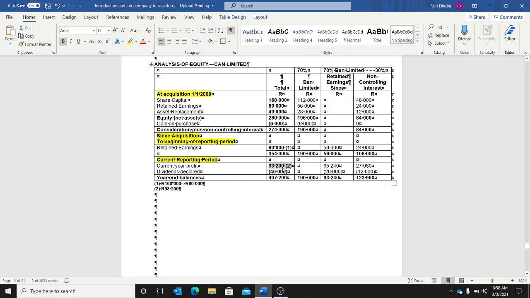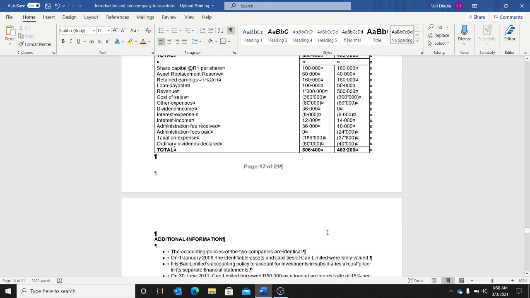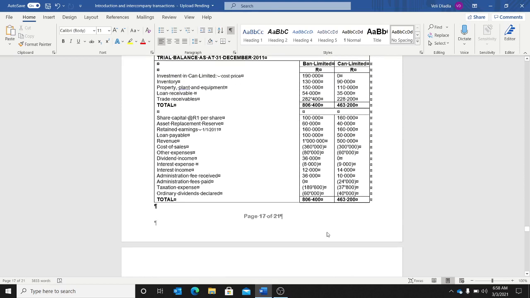Now, that 93,200, Ben will take 70%, and then non-controlling will take their 30%. Okay, non-controlling will take their 30%. Now, if you go to this part here,